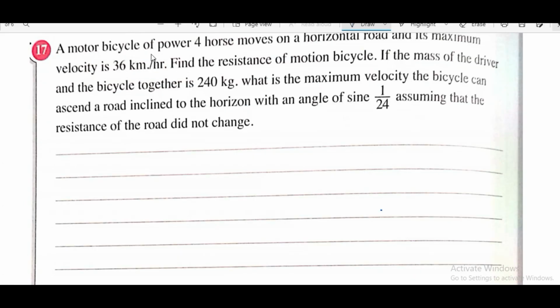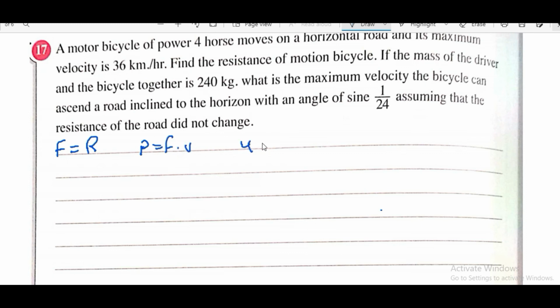A motor bicycle of power 4 horse moves on a horizontal road and its maximum velocity is 36 km per hour. Find the resistance of motion of the bicycle. Since the bicycle moves with maximum velocity, therefore F equals R. In case of maximum velocity, there is no acceleration, F equals R. Since power equals F times V,